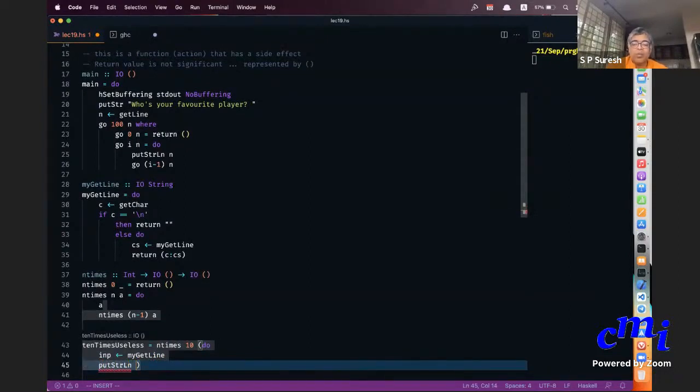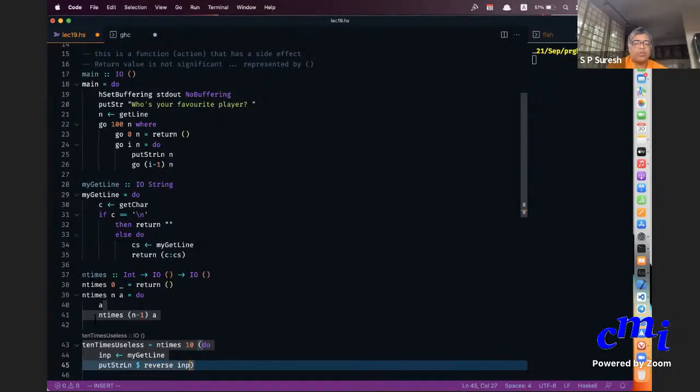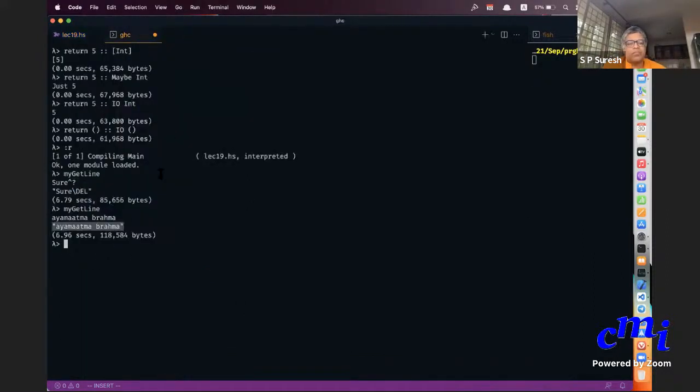And I can do anything here. I can put the string line reverse of. I'm reading 10 lines and I'm printing the reverses as I read. It's expecting me to put a string. I'll say 1.